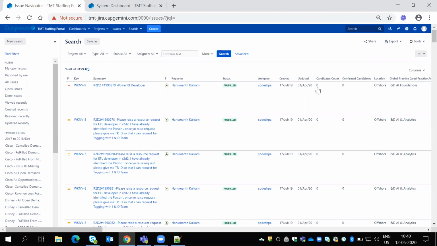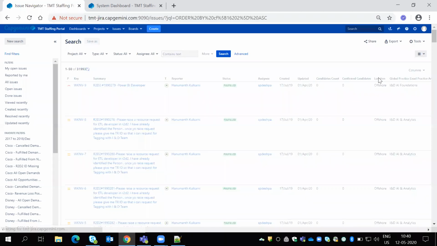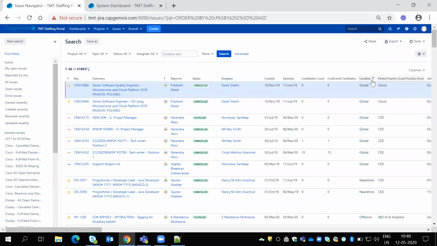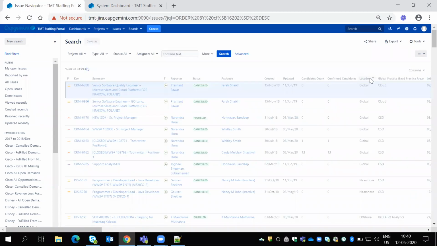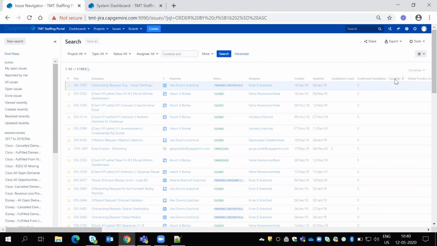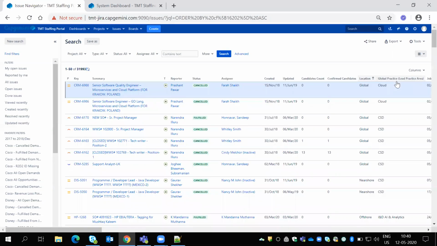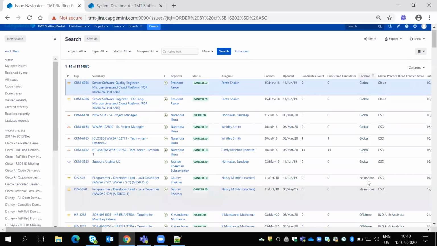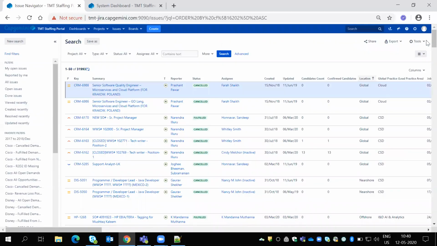We can write the same thing for the location field. Suppose here I have global, nearshore, offshore, and different names.